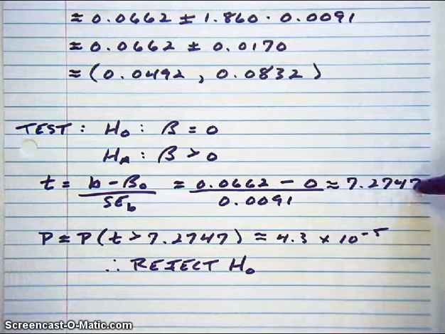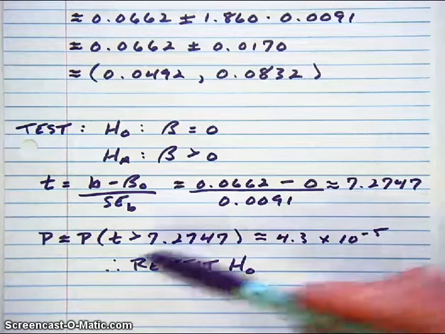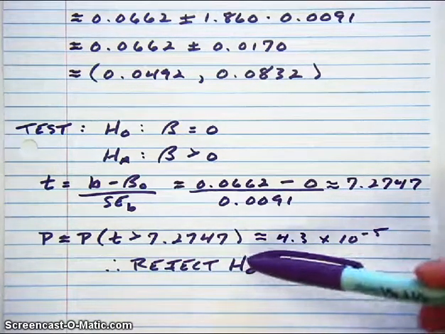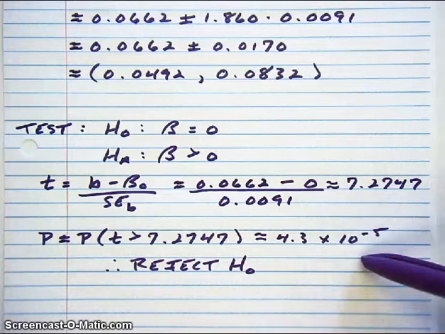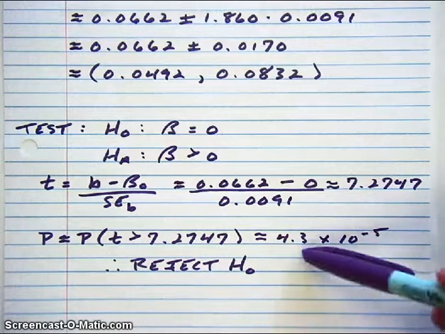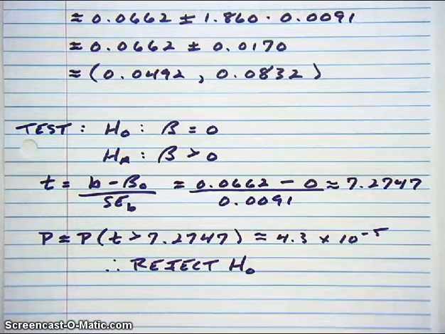That simplifies down to a t-statistic of 7.2747, and our p-value using tcdf on the calculator gives us approximately 4.3 times 10 to the minus 5th. When we did the test from the data on the calculator, we got 4.4 times 10 to the minus 5th. Either way, you're going to reject the null hypothesis. And that's how it's done. It's actually quite simple. It's a lot easier